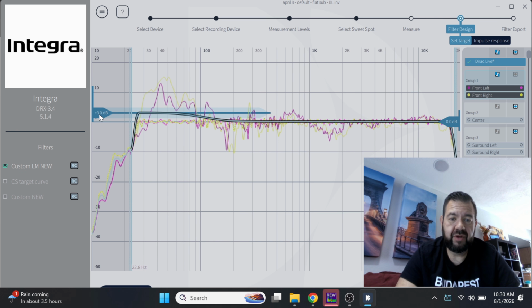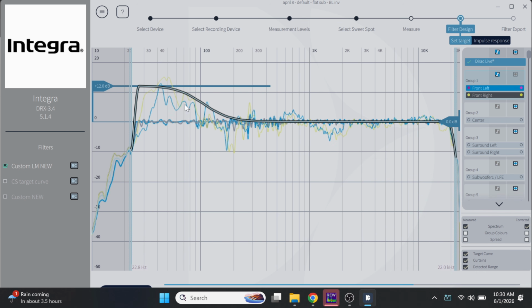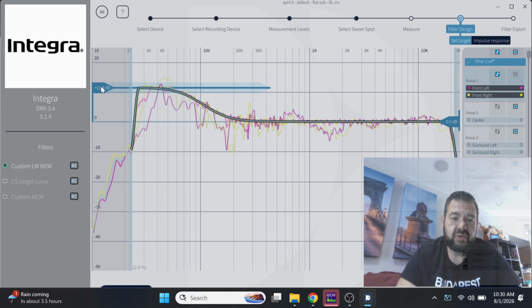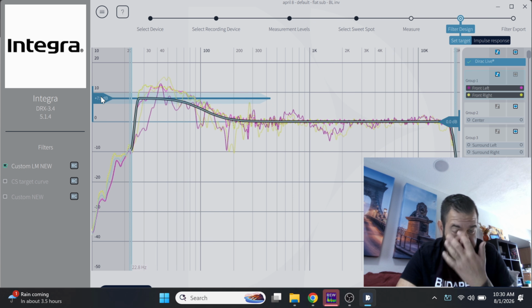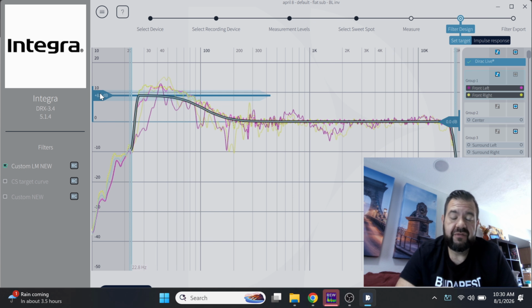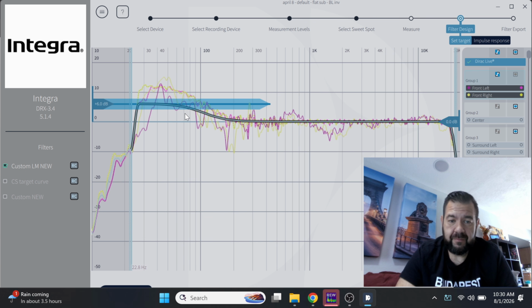to make sure that I don't pull it above the response. So this is on the right side. Actually, you see the spectrum here. I have the measured and the corrected selected. You want to turn those on and see what the measured and corrected spectrum looks like, the response. So basically you don't want to pull it above the speaker's measured response. If there is a little bit of